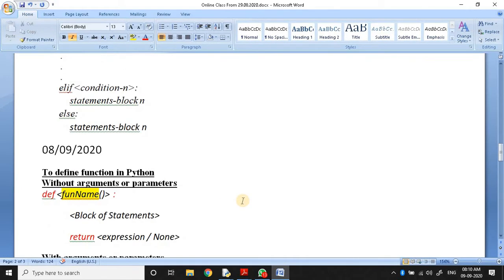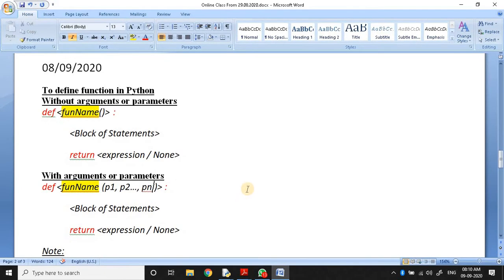Last class, what are the things we saw? The definition keyword, followed by the function name, then parentheses. Inside the parentheses there are no arguments, so this is called a function without arguments or parameters. Then a colon, followed by the function block statements. There may be one or more statements, which must be indented at the same level, and at the end a return statement.